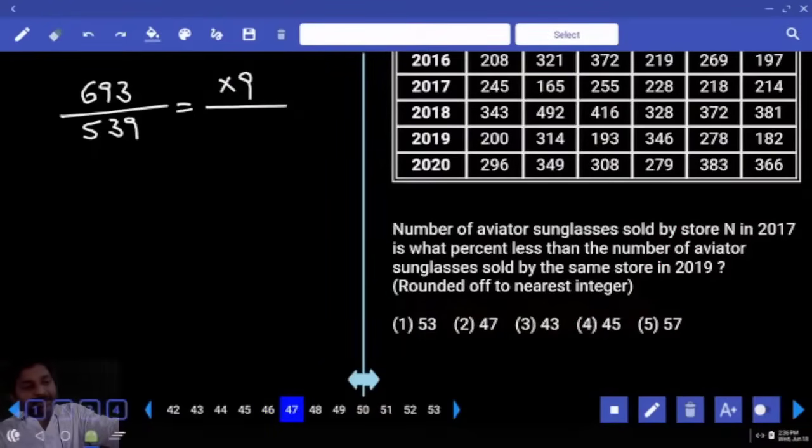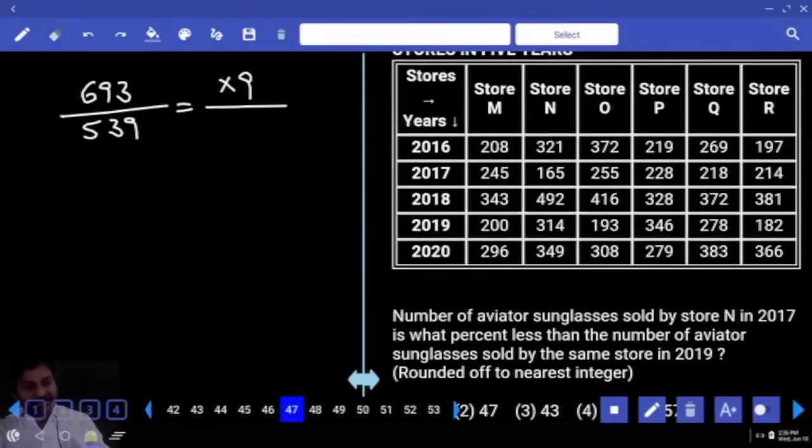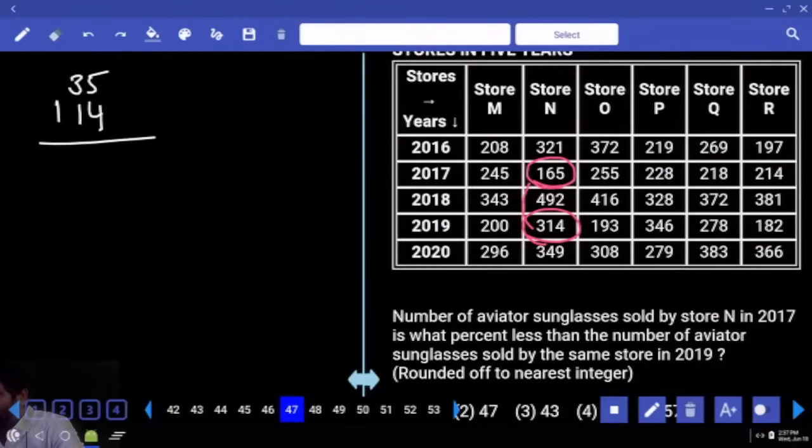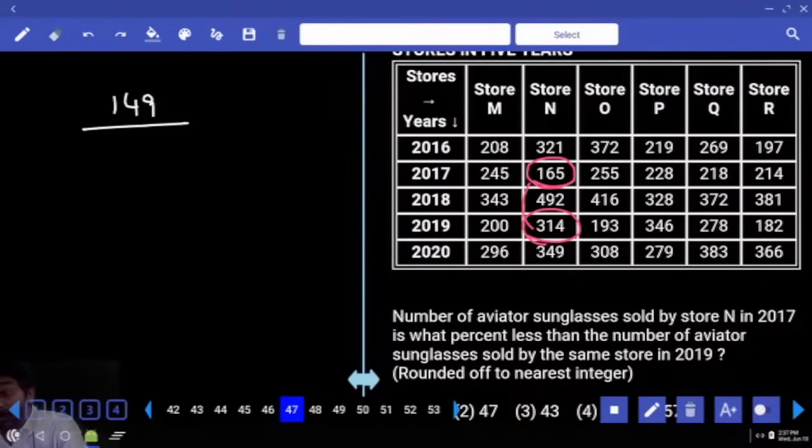Number of aviator sunglasses sold by store N in 2017, 165, is what percent less than number of aviator sunglasses sold by same store 2019? 2019. Okay, right. 165 is definitely less than 314. Correct? We need to identify the difference. 165 is how much less than 200? 35. 314 is how much more than 200? 114. Difference is sum of these two numbers only. 149. So it is 149 less compared with